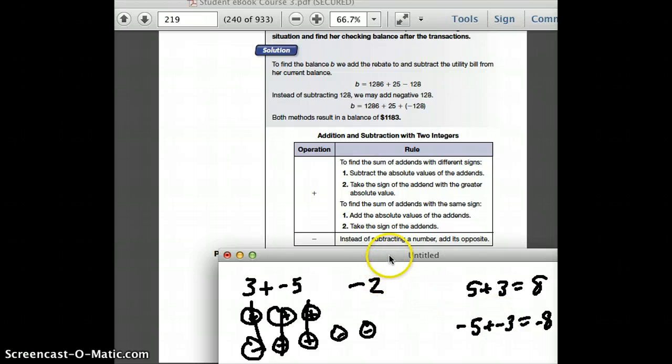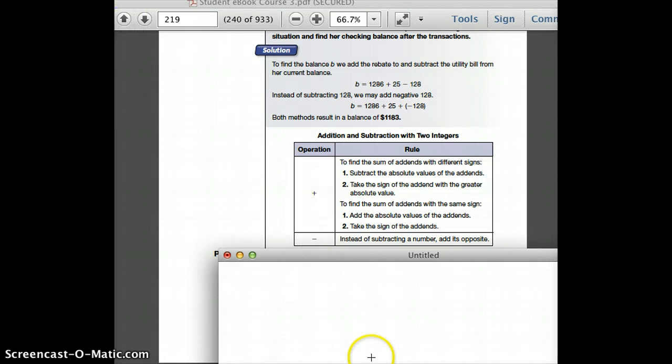For subtraction, instead of subtracting a number, add its opposite. That's the rule. They instruct you to do that if you are subtracting integers. So you have 3